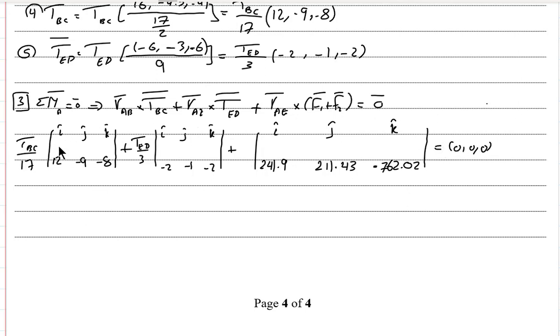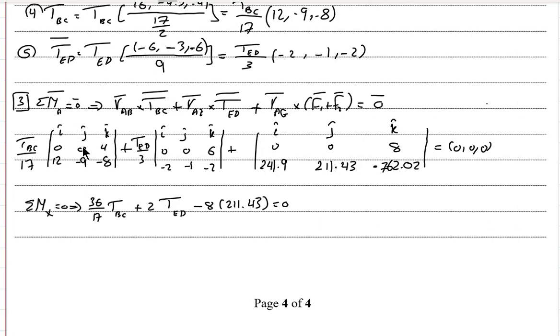Let's complete the second row of each determinant. B is 0, 0, 4, and here 0, 0, 6 for E, and for G we have, this is RAG, so it will be 0, 0, and 8, right? Let's now get sigma mx equal 0. It will be as the following: 0 minus minus will be plus 36 over 17 TBC, and then the I component here is 0 minus minus, it will be positive 6 over 3 TED, and finally for the third determinant, 0 minus 8 times